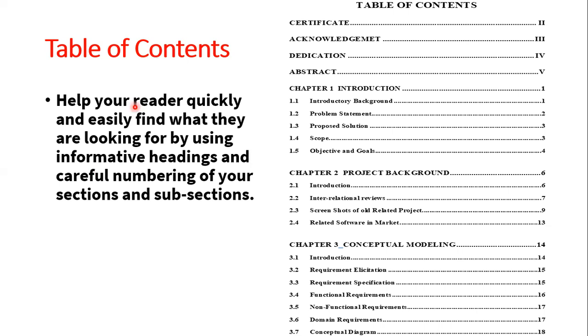Fine. And by reading outlines, the audience understands quickly about the project. For example, this is the table of content and outline: certificate, acknowledgement, dedication, abstract, chapter 1 introduction, chapter 2 project, chapter 3 conceptual modeling. Now this is the complete framework. Okay, and for the reader it is quite easy to understand that